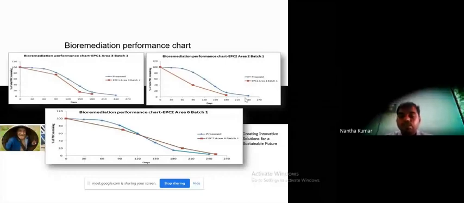So that is the average number of days required. If the contamination level is more, then you have to maintain these environmental conditions to extend the completion of this remediation process.